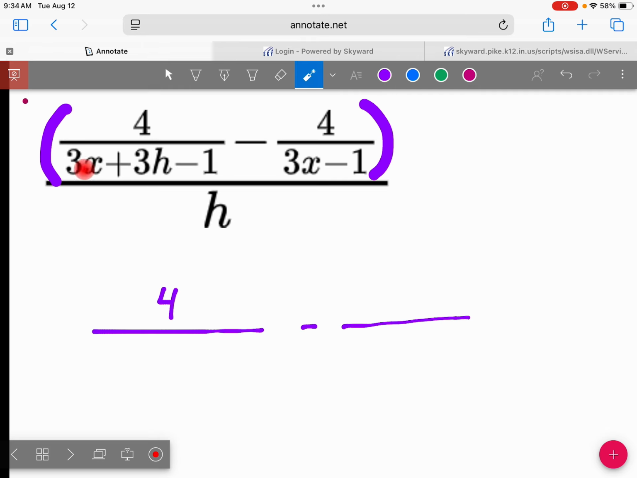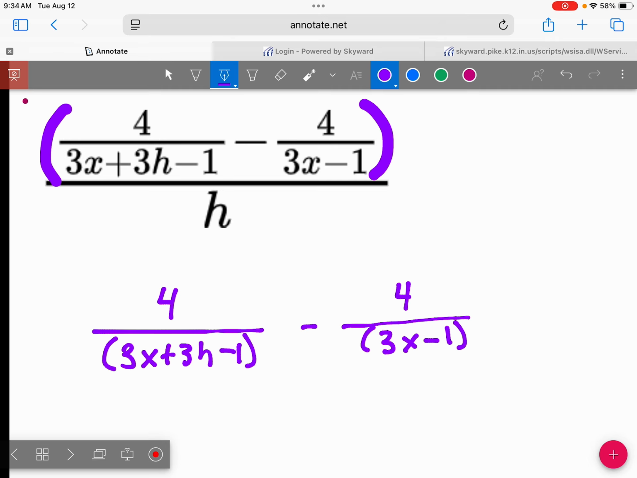So looking at this denominator here, is this something we can factor? No. It is what it is. It's just going to be this chaotic thing: 3x plus 3h minus 1. And the same thing happens with the right. There's nothing I can simplify or factor over here. It's just 3x minus 1. So if we want to subtract these two things together,